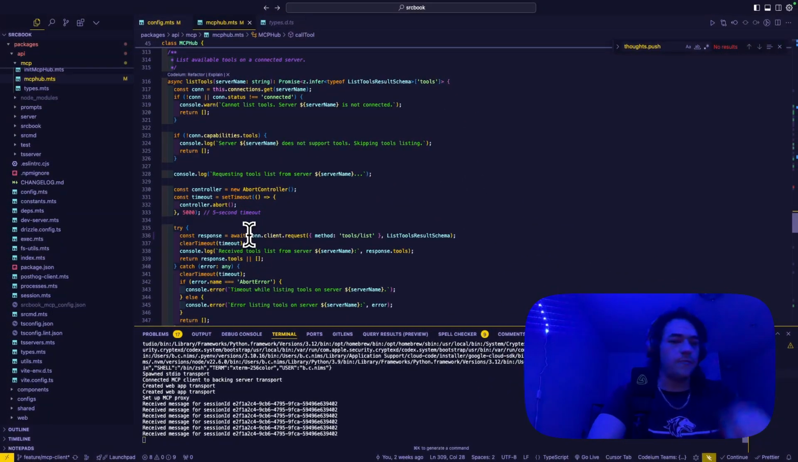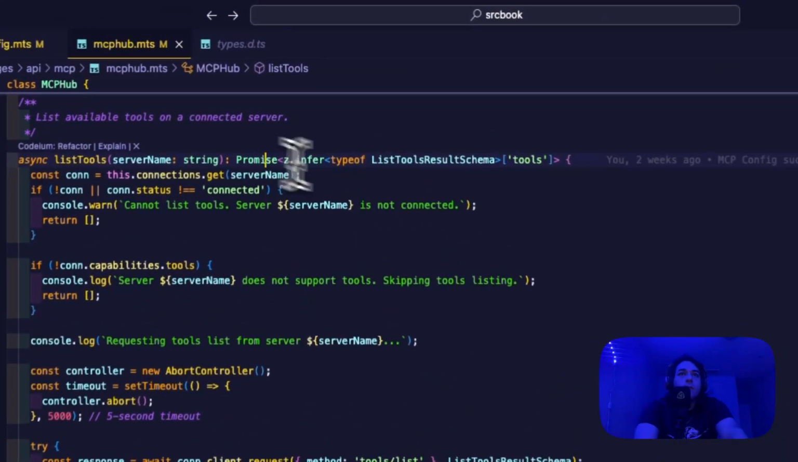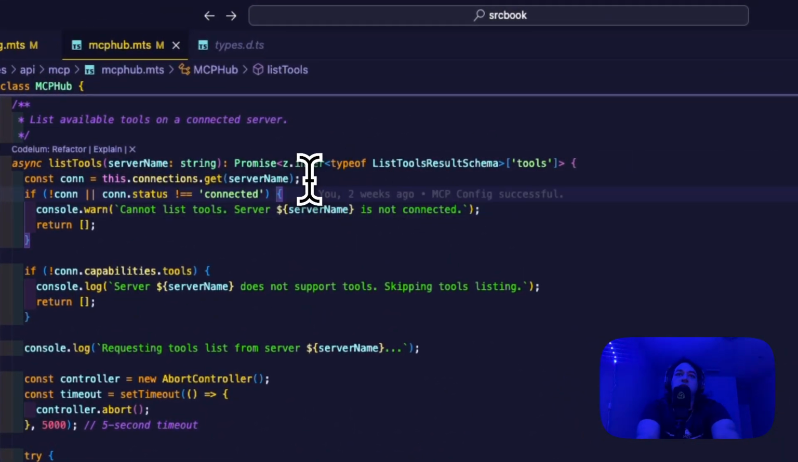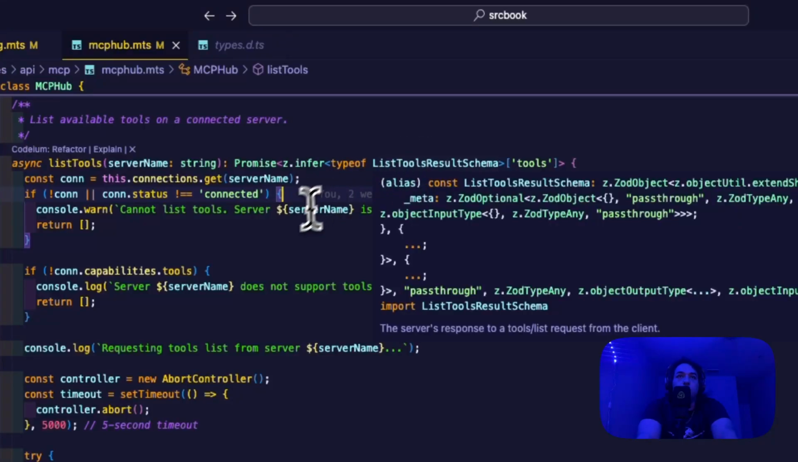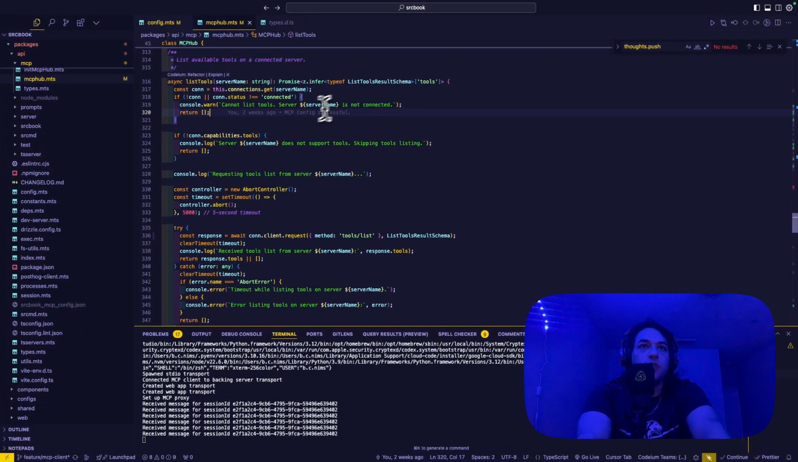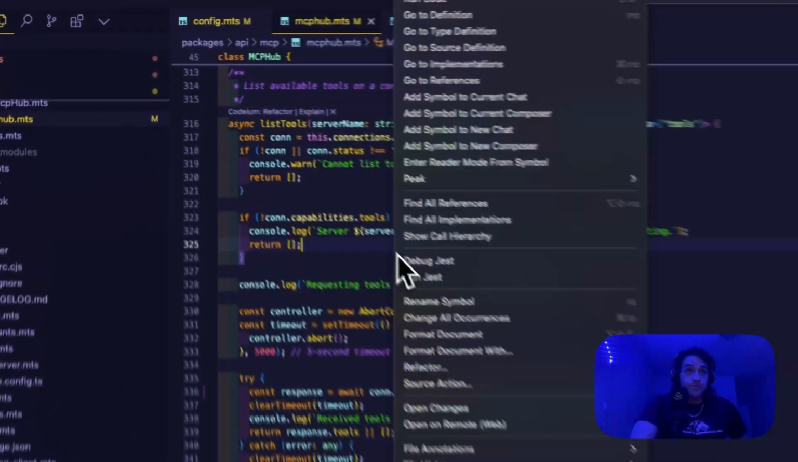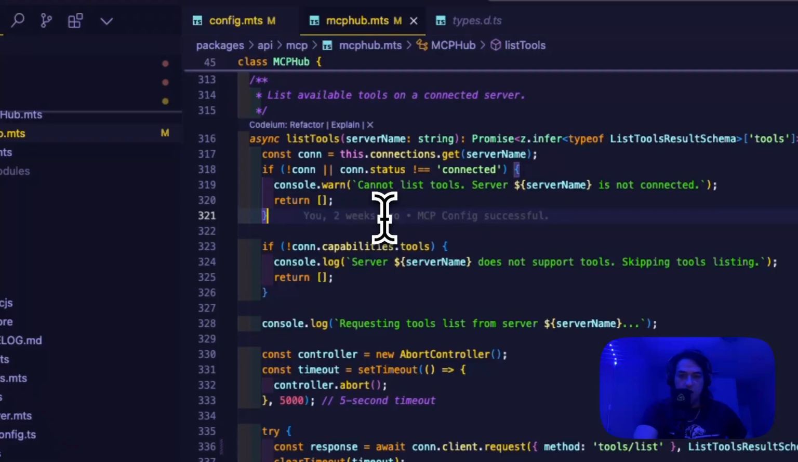So next, let's take a look at our list functions. These all follow a similar pattern, so we'll be able to clip through these faster as we go. We'll start with list tools. We're going to take the server name as an argument, and we're going to return a promise with a Zod inferred type value of list tools result schema. Same thing from before. And just like last time, we're going to retrieve our server connection from the connections map we've got defined at the top of the MCPHub class. We've got a guard clause here, same as last time, where we're defining that if the connection is not found,